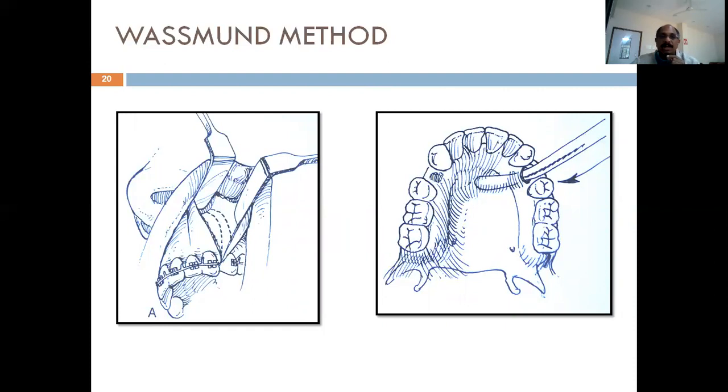So here Wassmund does a buccal approach where he has not made any palatal incision, and he has used a periosteal elevator on the palatal side to reflect the mucoperiosteum on the palatal aspect, but no incision is made on the palatal side. It's only on the buccal side.